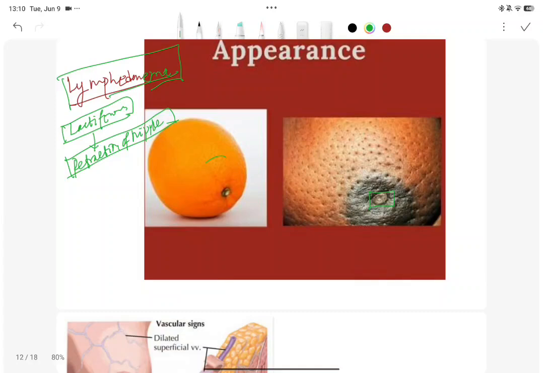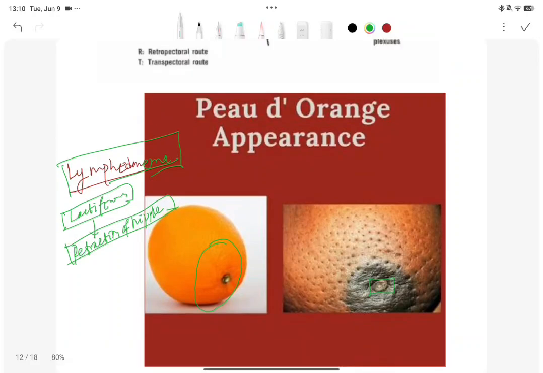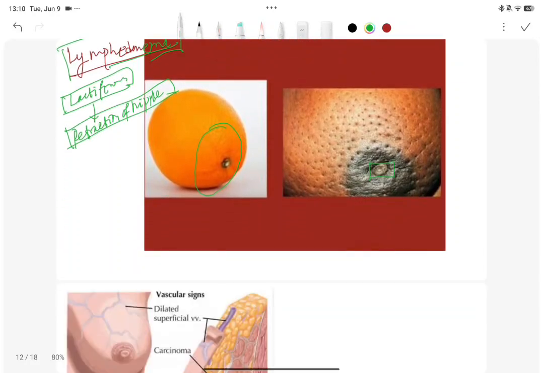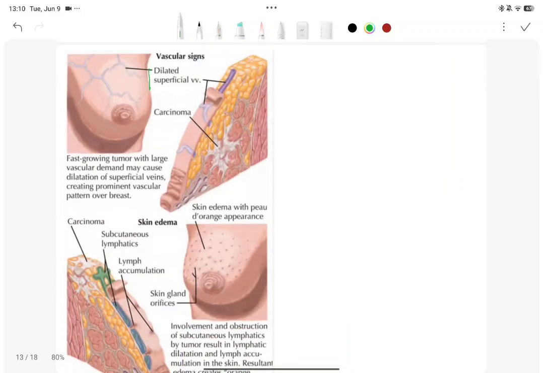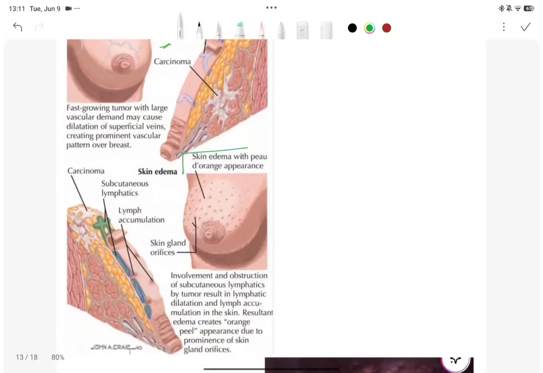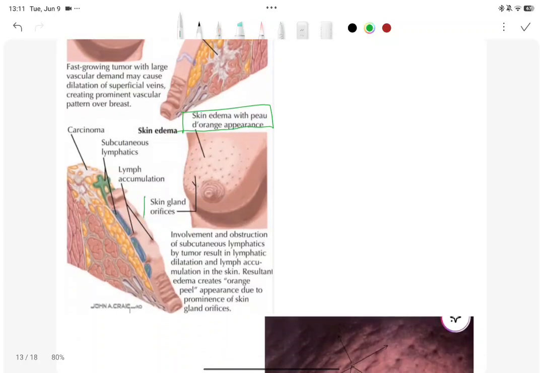shape of the peel of an orange, so this is peau d'orange appearance. It is called this because it looks like orange peel. There are unduly prominent pores, dimple-like pores, resulting from the accumulation of lymph, as you can see over here. Then the vascular sign: there will be dilated superficial blood vessels. If there is carcinoma, there will be dilation of the superficial vessels